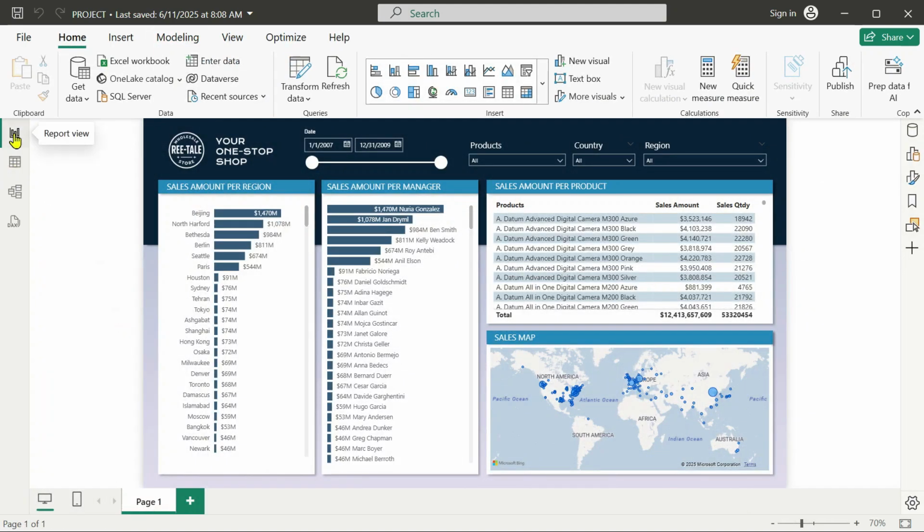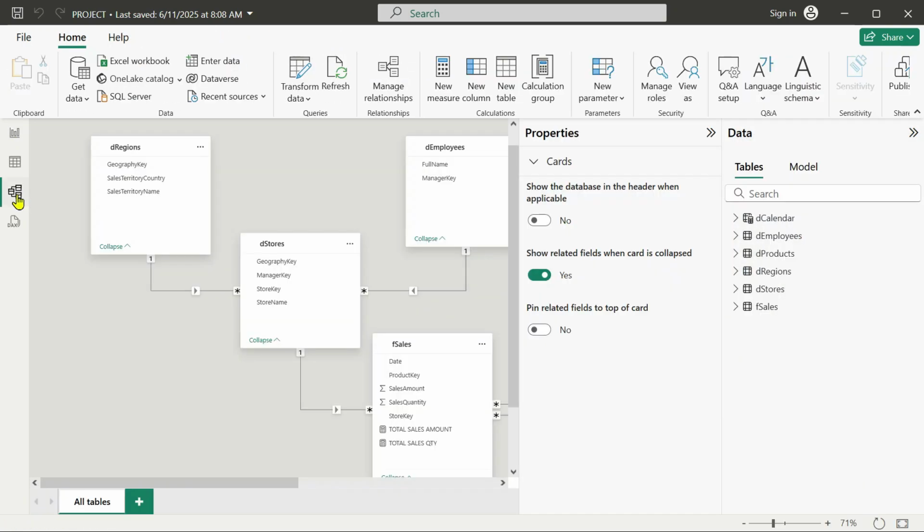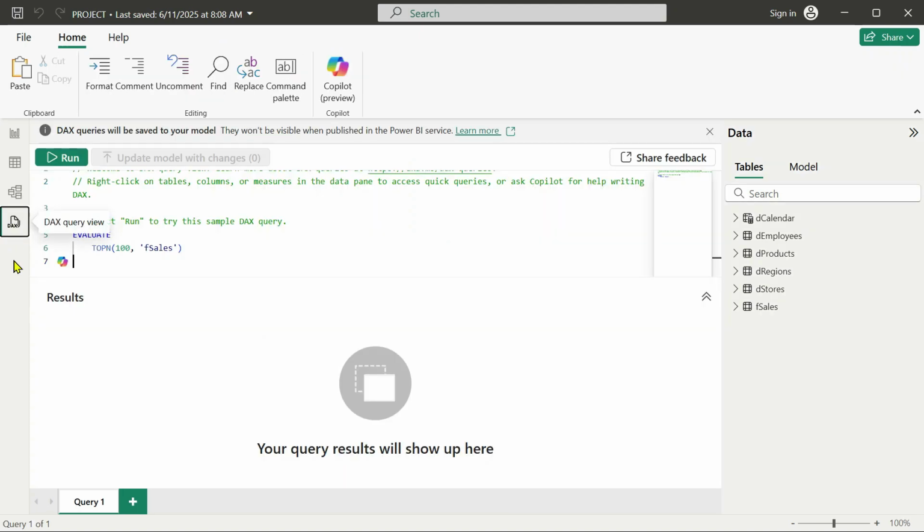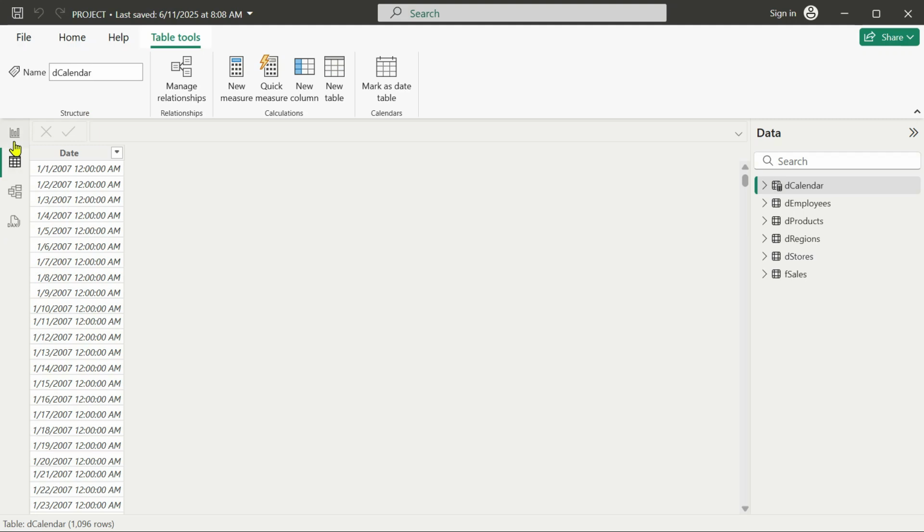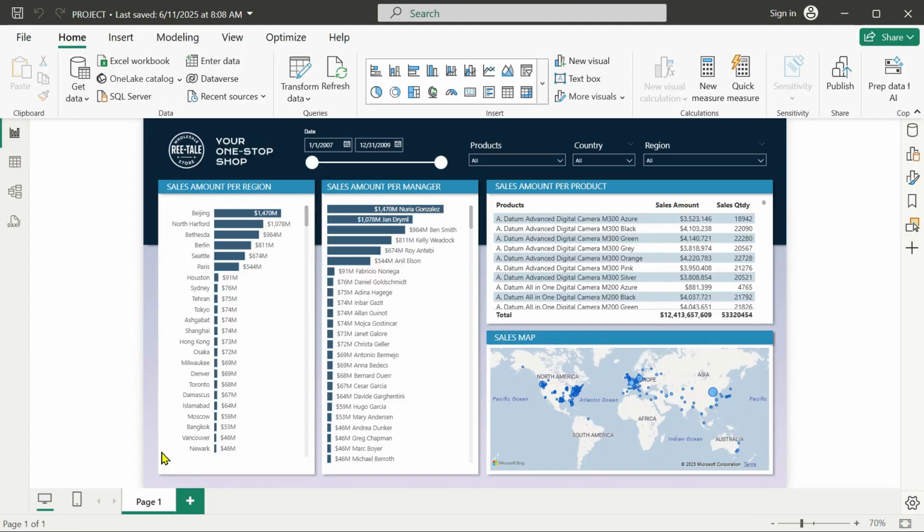Okay, and the main one, if I had to pick, would be the report view, because this is the one that your user is going to see. Of course, you need the table view and you need the model view. You don't actually need the DAX view or the TMDL view. They will just help you build stuff, but you don't depend on those, you depend on these three. And this one is the one that is going to be seen by your user.